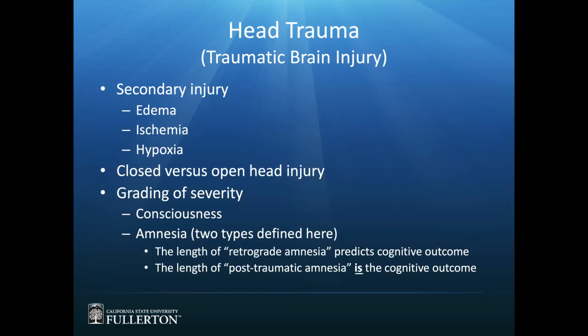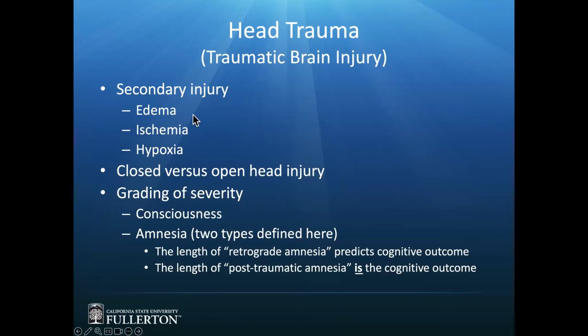All right. Now, we went through primary injuries that occur at the time of the injury. There are secondary injuries too, and they are edema, which is swelling, ischemia, you know what ischemia is now from our discussion of stroke, deprivation of blood supply, and hypoxia, which is deprivation of oxygen, probably due to breathing problems that occur in collaboration with the injury, I guess you could say. So these occur later, and depending how well the management has occurred, how quickly, for example, and how effectively and how successfully,